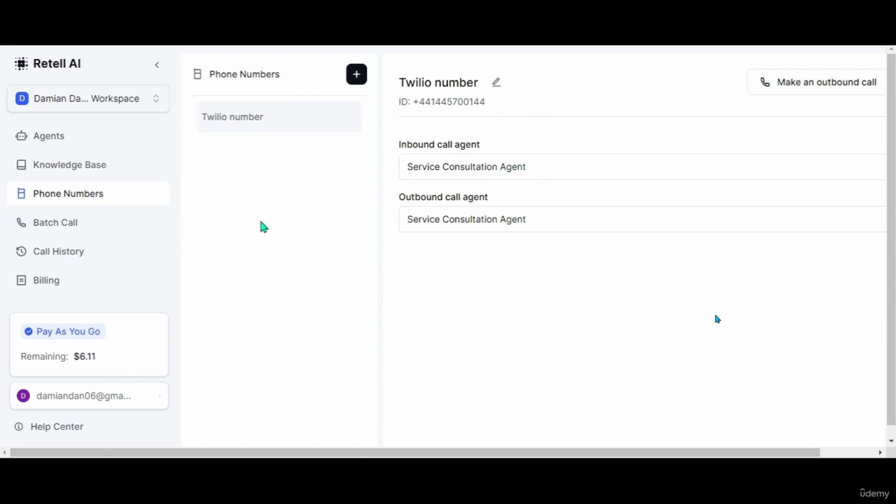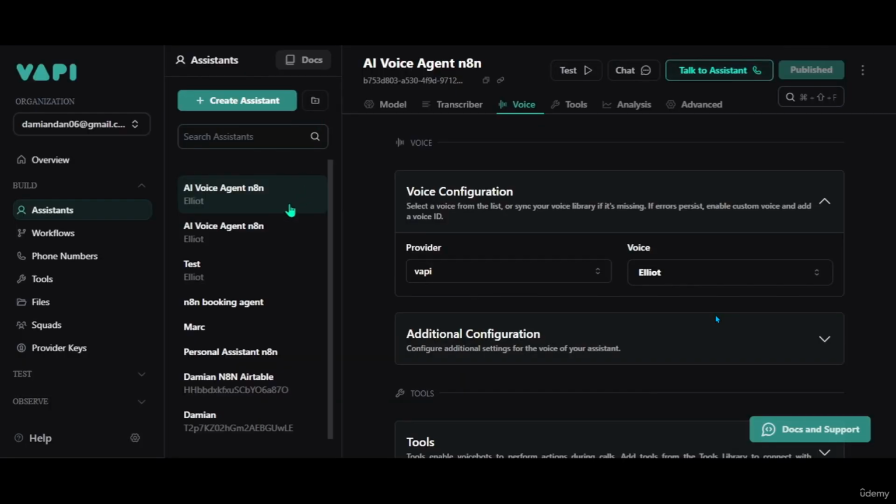And now we successfully connected the phone number we bought to our AI voice agent on Retail AI. Now let's actually look at how to set up a phone number in Vapi so your AI voice agent can actually make calls. So click on phone numbers,